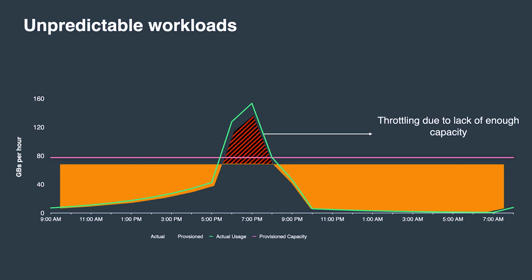All those records are getting throttled. They are not going to get stored in the stream because we don't have enough capacity provisioned. If you use on-demand, then the capacity will adjust to your demand, and you are not going to have that problem. Unpredictable and highly variable workloads are great for on-demand capacity for the Kinesis data stream,